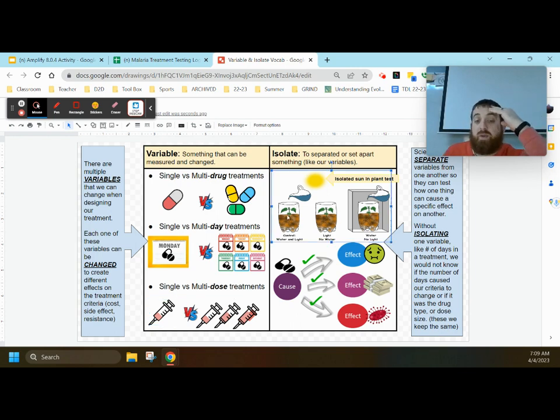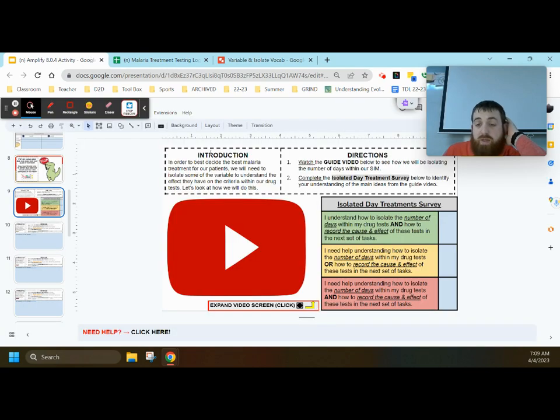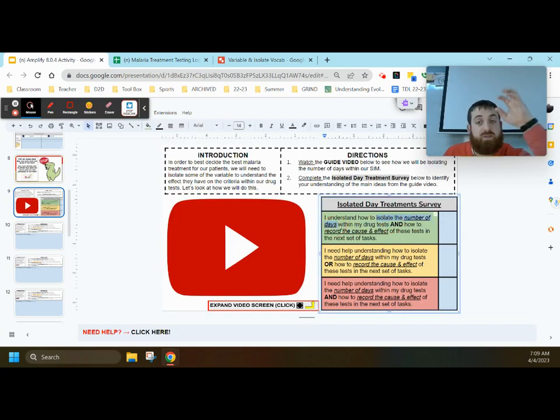Similar to our plant example here, when we isolate how much sunlight and water, we're able to identify what's helping our plants to grow. So, we're going to look at how to isolate the number of days. The number of days is what we'll focus on for our first isolated treatment. Then we're going to look at how to record the cause and effects of those treatments in the next